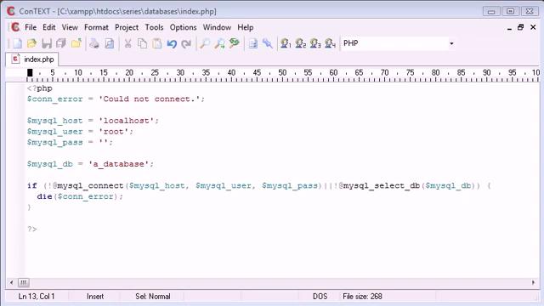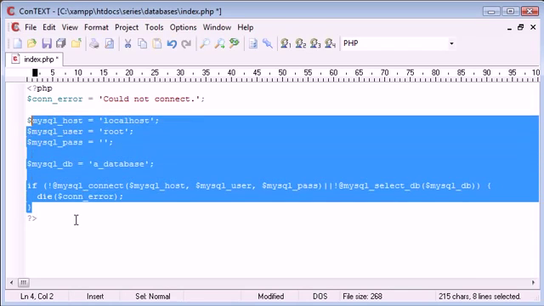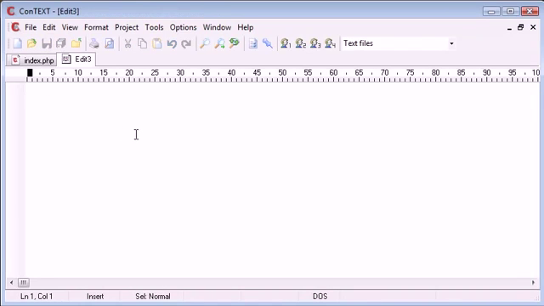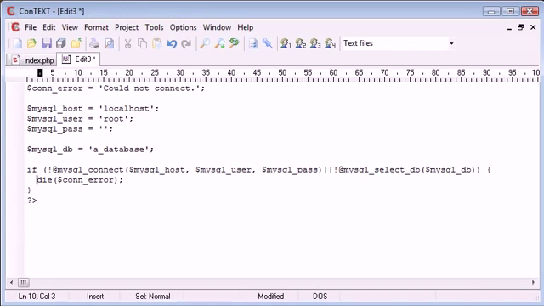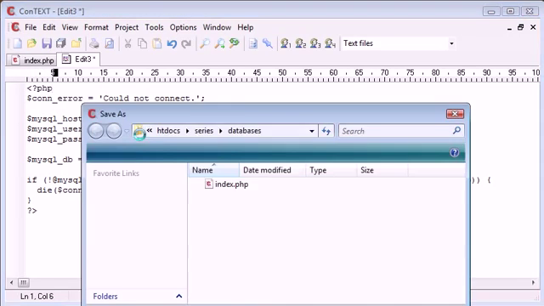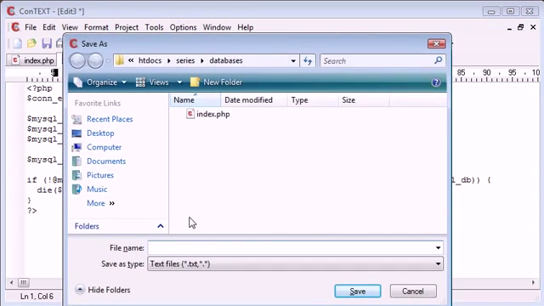Now, in this tutorial, in the past tutorial, we've already looked at connecting to our database. To make this a lot more efficient so we can include it where we require it, I'm just going to get rid of everything in our index.php file, and I'm going to create a new file. Make sure this is enclosed in PHP tags. And the reason I'm doing this is I'm now going to save it as